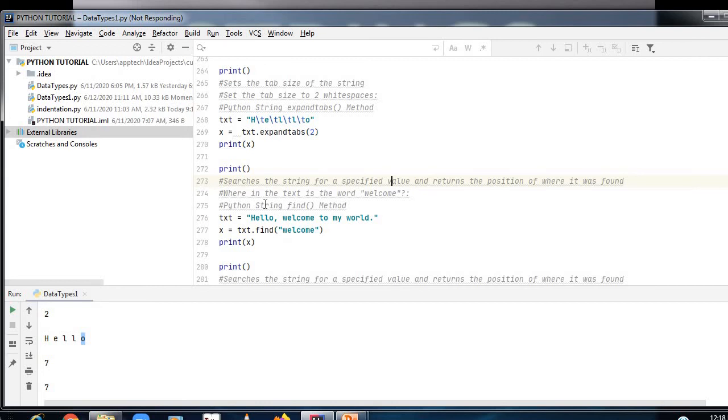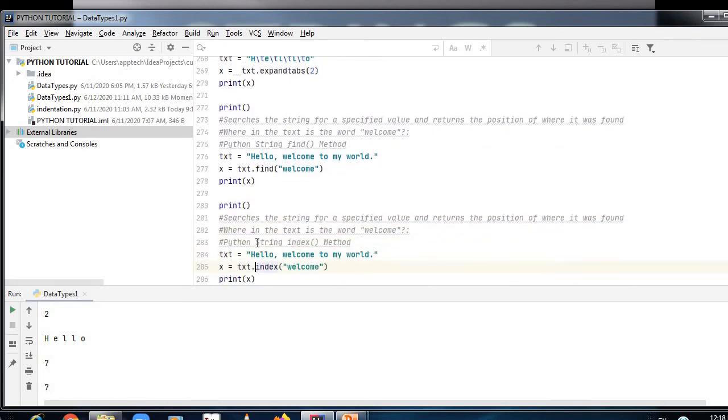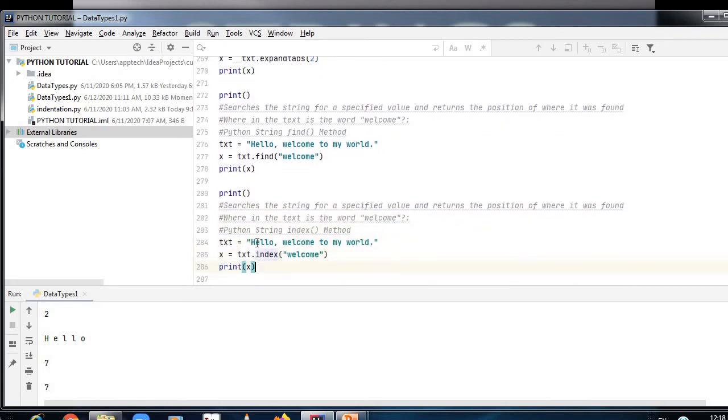Now you have to see where welcome is, welcome is the 7th character over here, so you can count and you will find welcome is the 7th character. In the same way, the other method is index. The index also does the same thing, it will find where my welcome is, the 7th character. Here 7 has been printed, here also 7 will be printed.